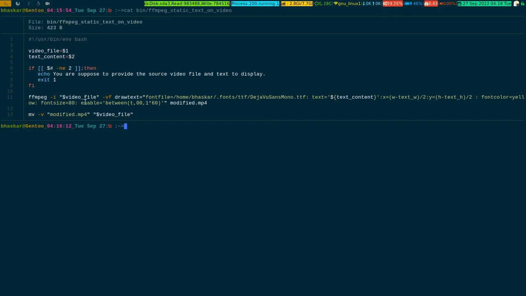This enable between, these are the milliseconds or seconds where you need to specify the time, how long the text should be rendered on the video. Okay, you need to go back to the FFmpeg manual page to find out this timing stuff. This is what I started the text for this particular video at the very beginning and ended it to reach 1 minute. So my rendered text lasted just 1 minute on the video